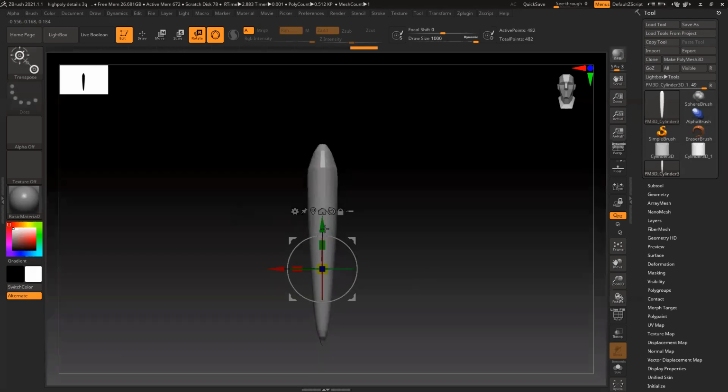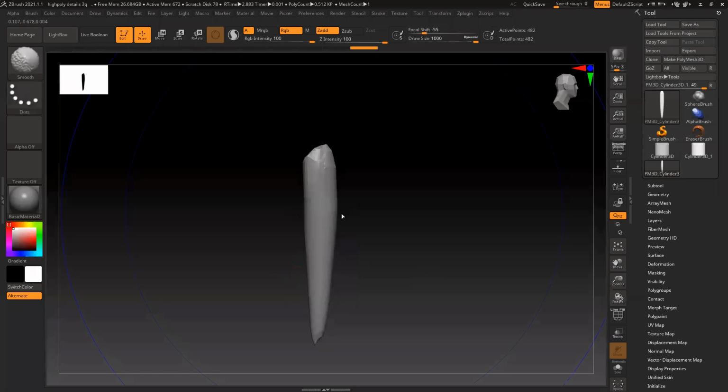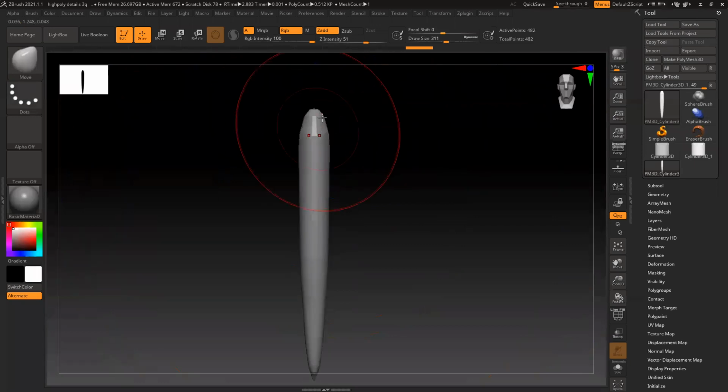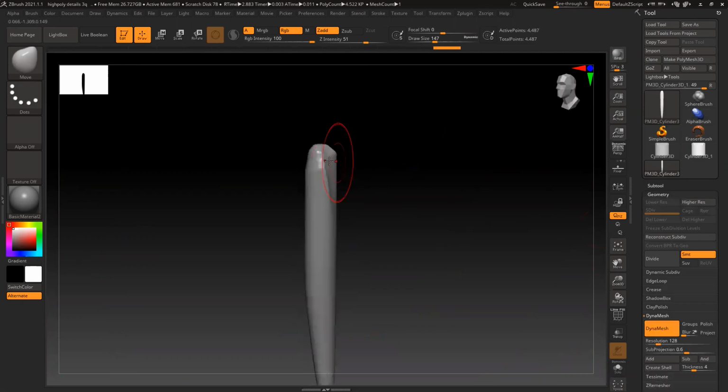I'll Dynamesh this because I need more polygons and I'm going to sculpt something.